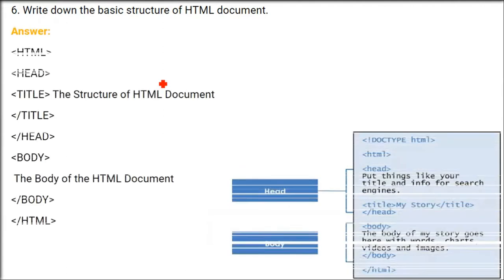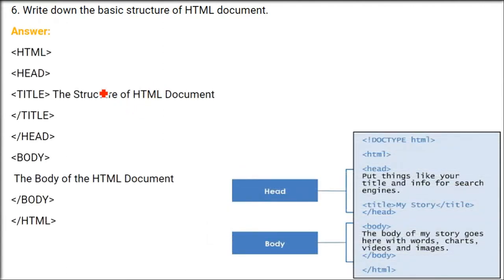Write down the basic structure of HTML document. So HTML document basic structure is, first is the document type, then you start with HTML, end with HTML. This is the whole HTML document. So it has two parts. One is the head part, and the second part is the body part. It is not that heading which we just talked about. It's the head of the page. That is, you will give different links, XML links and titles, etc. here.